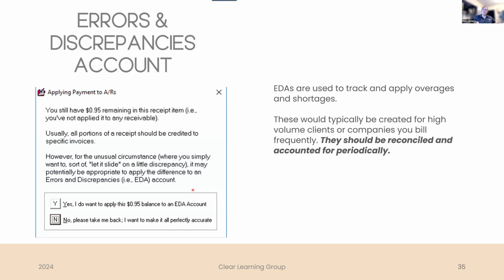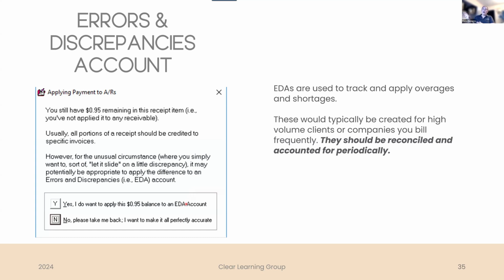And those payments that you are starting to get in are starting to reflect that new contracted amount, even though you originally billed them at your old rate. So you could adjust those ARs as they come in and correct the rate that you've paid, or you could choose to put that information into an EDA account, where it's an overage,